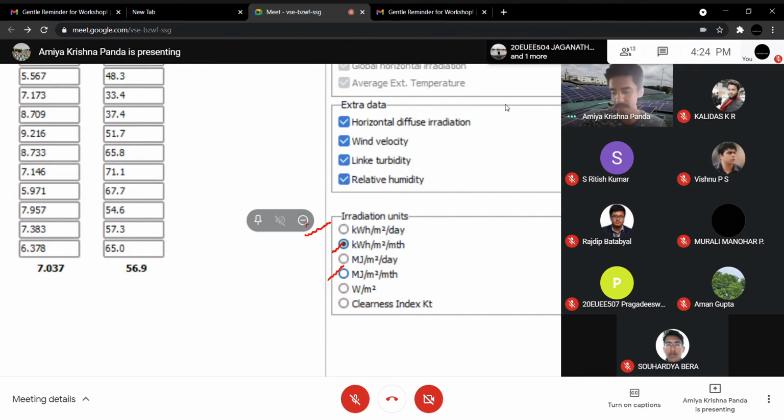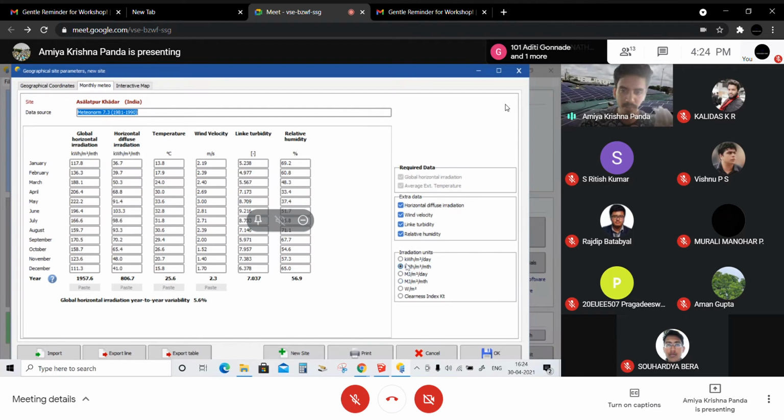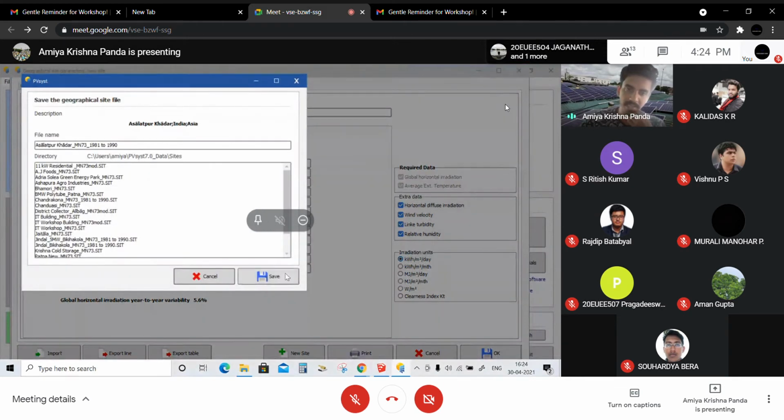But generally when we check the solar radiation through any pyranometer or solar irradiance meter, we take the data as kilowatt hour per meter square per day. So here you have to choose the irradiance units in kilowatt hour per meter square per day option. Now click on OK and save it.